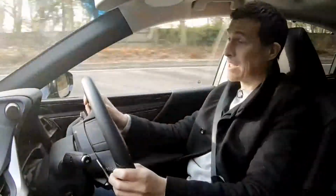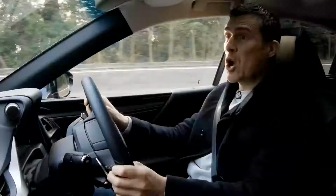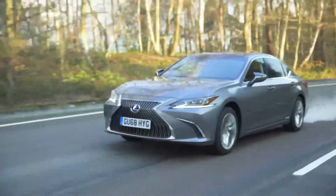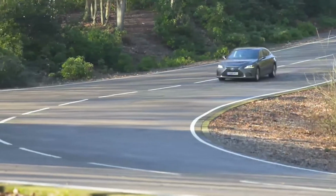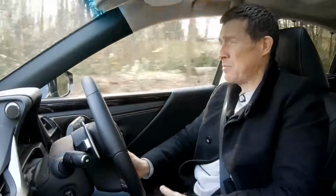There's something you have to accept with the ES, and that's that it doesn't particularly like to be driven quickly. If you suddenly want to accelerate and go fast, the engine makes a bit of a groaning sound. And then if you chuck it into a corner, it doesn't like that much either. It's all a bit lumpen and cumbersome. So you just change your attitude, you just sit back, relax, enjoy these super comfortable seats and think,